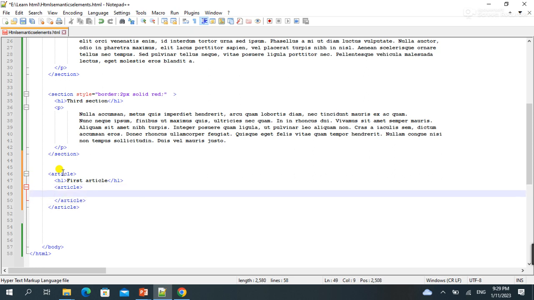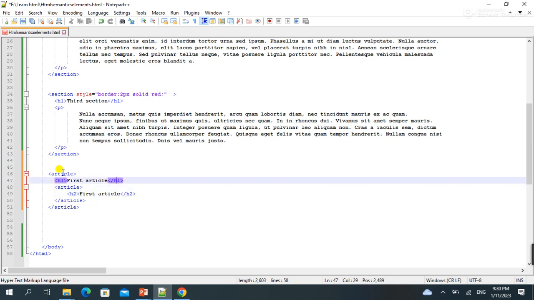Inside this I will type the h2 tag with starting and closing tag. Here I will write first article, not here, inside h1. Their text would be